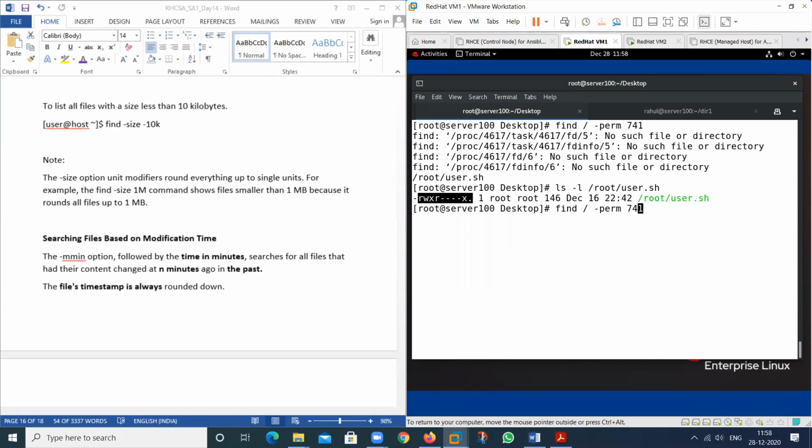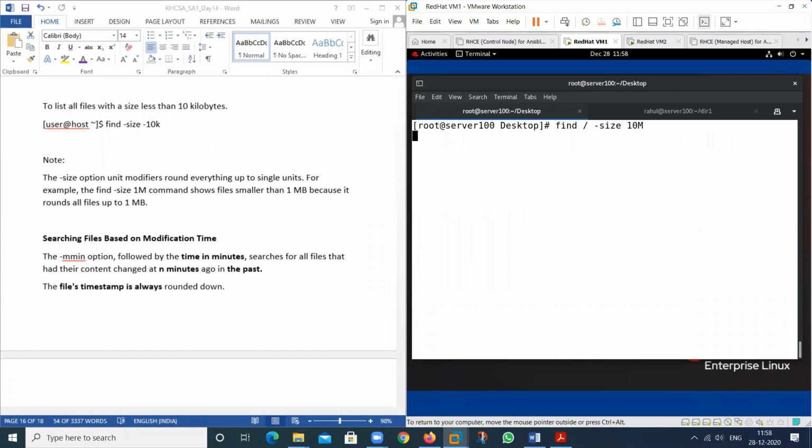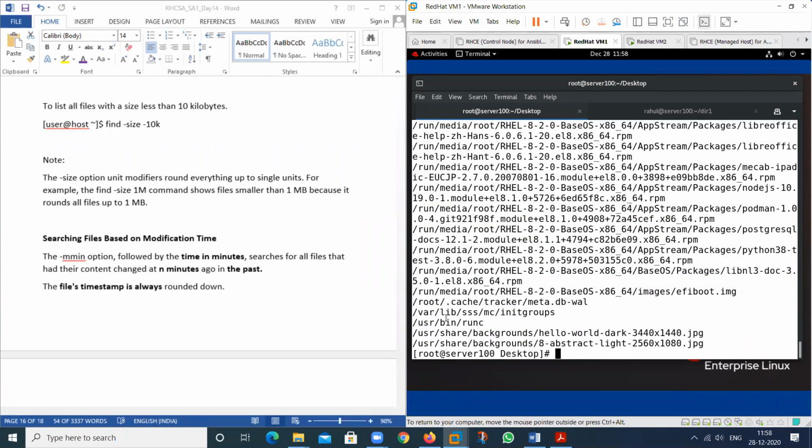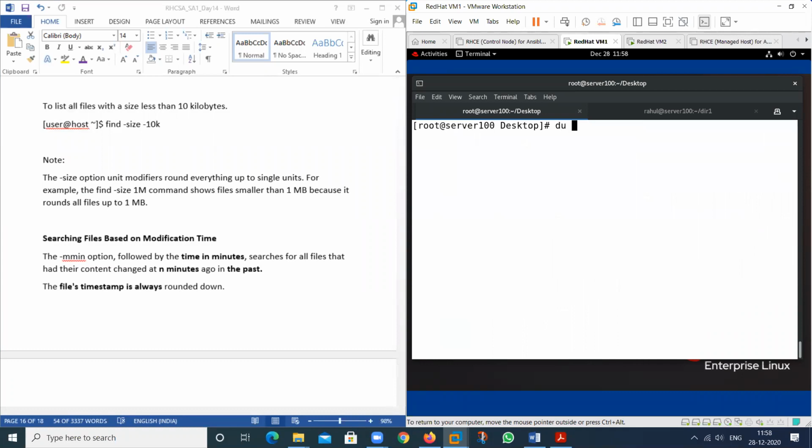If I want to search all the files related to the size is this one, then see, I will show the size of this particular file with du -sh. See the result. What is the size of this? It means exactly 10 MB. If more than 10, you can also search.